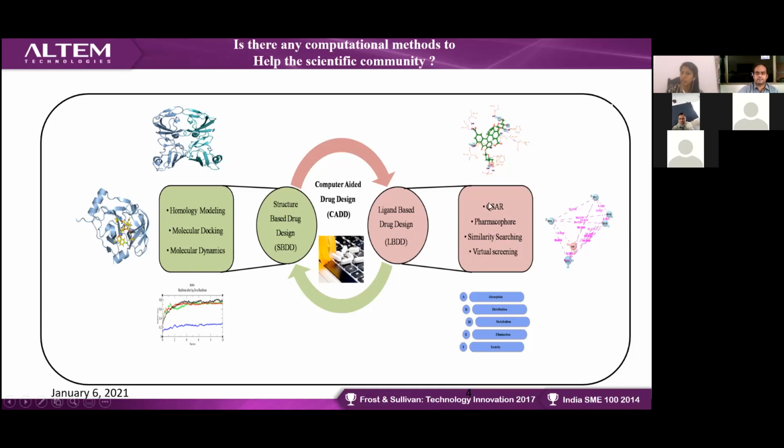So these are some of the methods used for structure-based drug design as well as ligand-based drug design. In case of chemistry people as well as pharmaceutical people, you have synthesized your compound, you want to go for pharmacophore studies, you can go for similarity searching as well as virtual screening, and you can end up with a particular compound. Then you will be doing the interaction, and then you can go for structural studies. In structural studies, you will be performing molecular dynamic simulation. So this is the major difference between structure-based drug design and ligand-based drug design. Most of them have covered the ligand-based drug design.